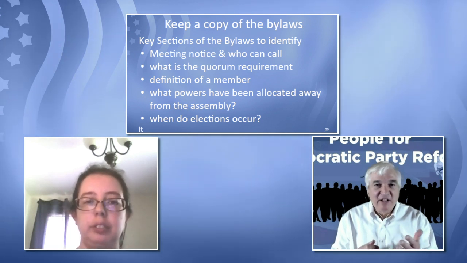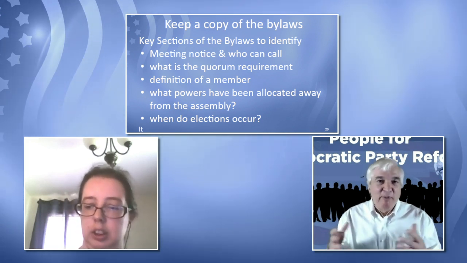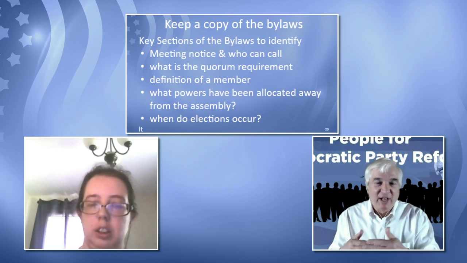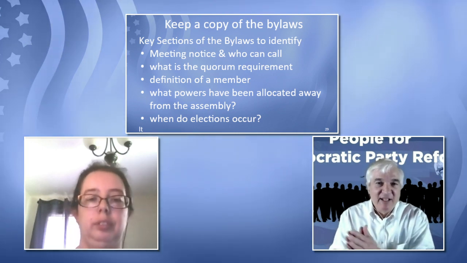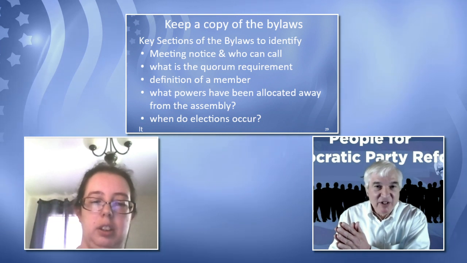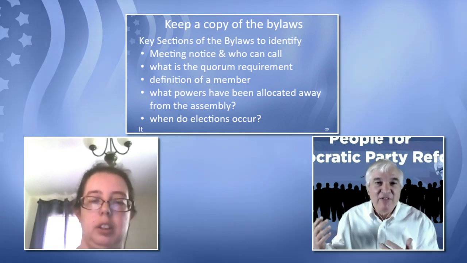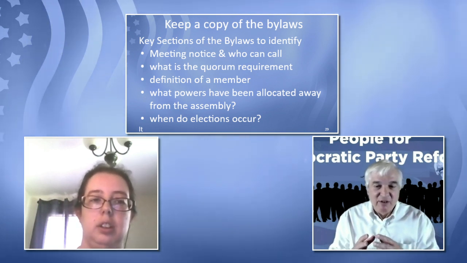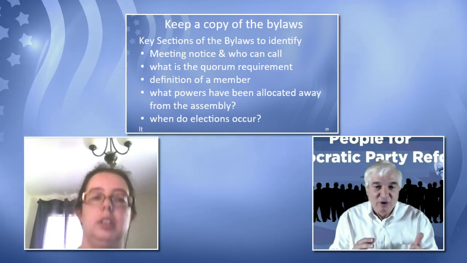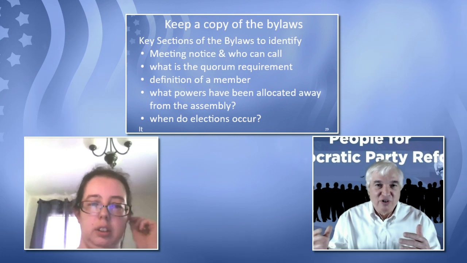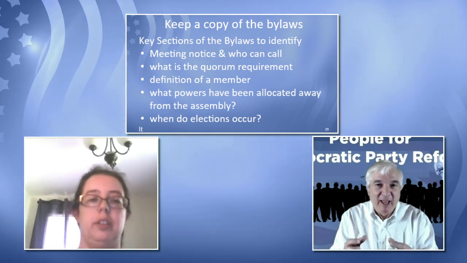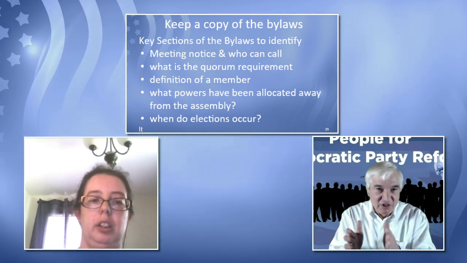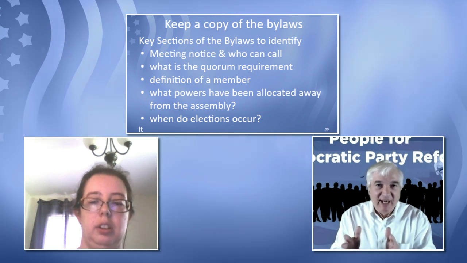And what you might find is that we went through this happy period where we thought we were one big happy family and everyone was in agreement, and bylaws changes were made which inappropriately transferred power from the membership to the leadership. And then suddenly we get to 2016, where there's a disagreement on some fundamental things in the party. And what many state organizations have found is that an inappropriate amount of power has been given away, or that the organization has been structured so that the power has been taken away from them, and it would take years to claw that back. So what you need to do is understand really where the power has been allocated